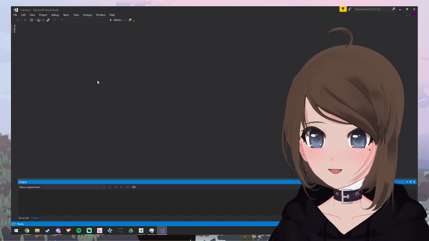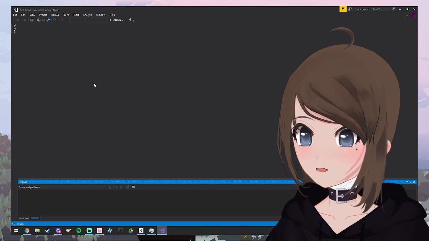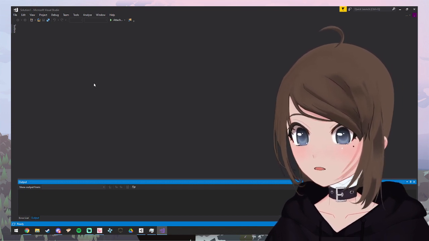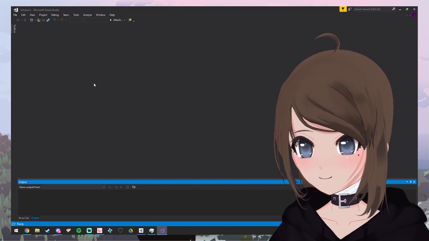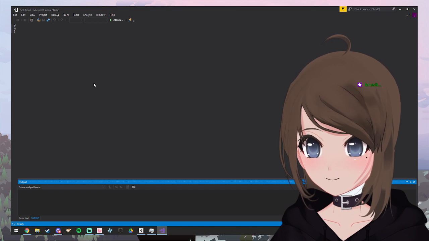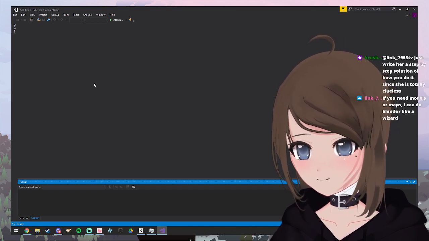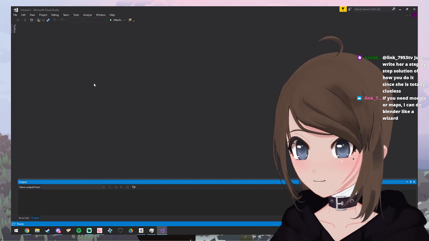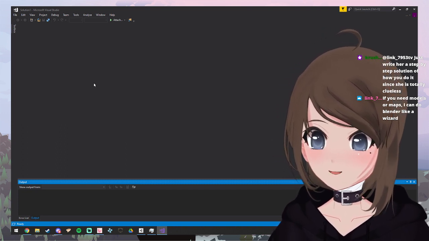I was just gonna mess around with Visual Studio Code or whatever they wanted me to use while I was waiting, but I don't know how. Well, I'll need models or maps later.